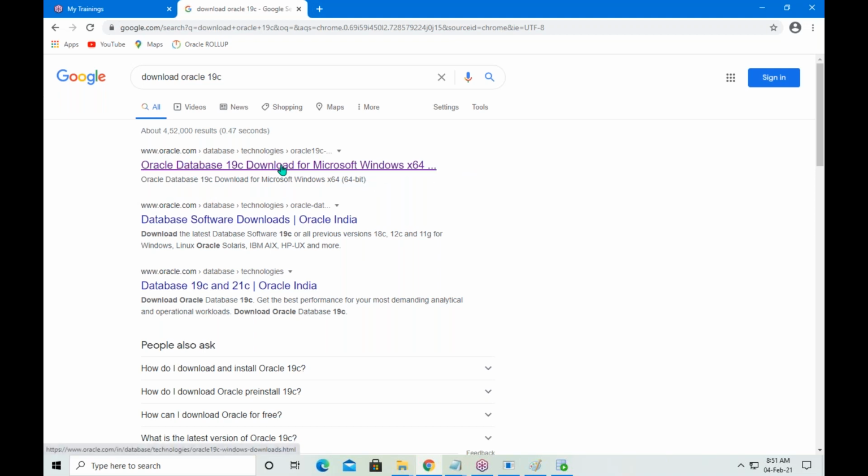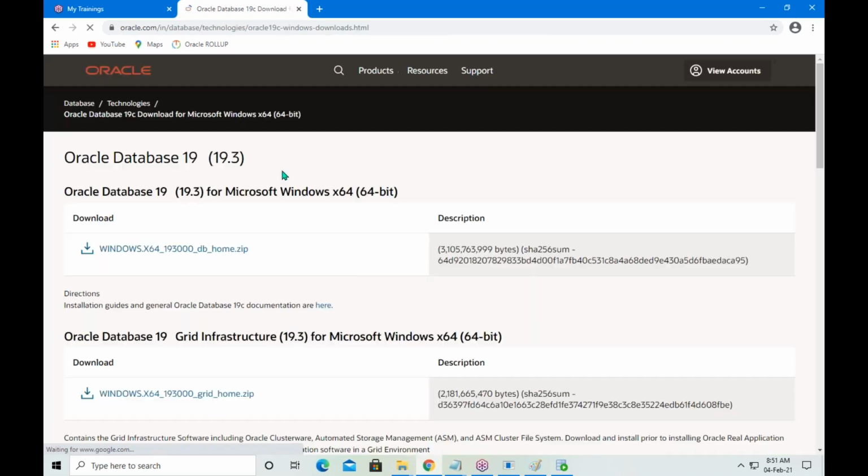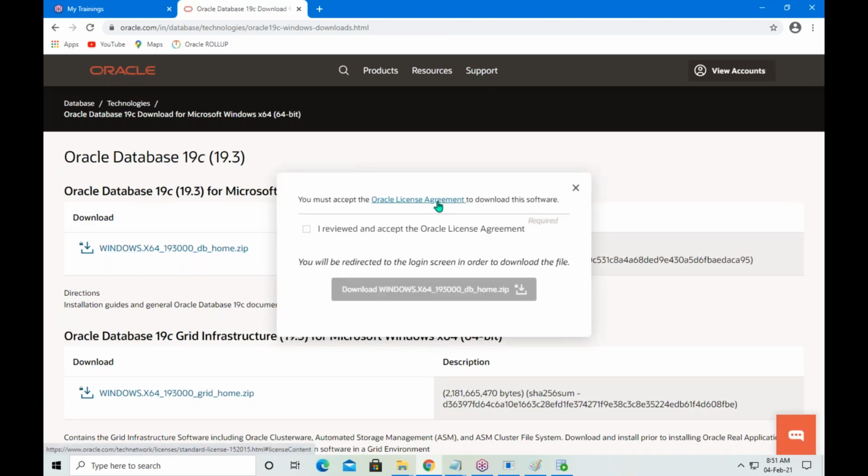You have a first link, select it, and then you have this zip file. Select it, and it asks for the license agreement. Select the license, and then download.